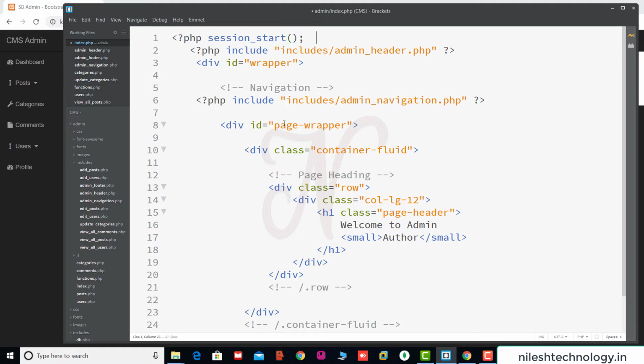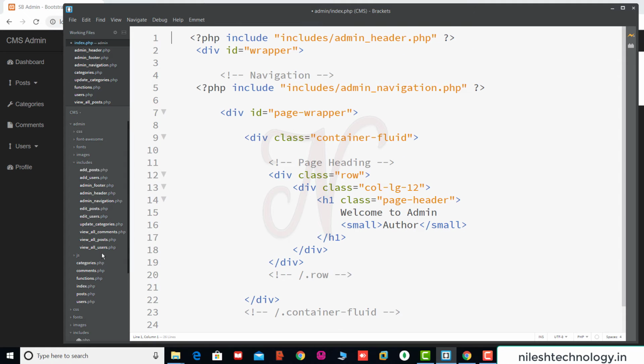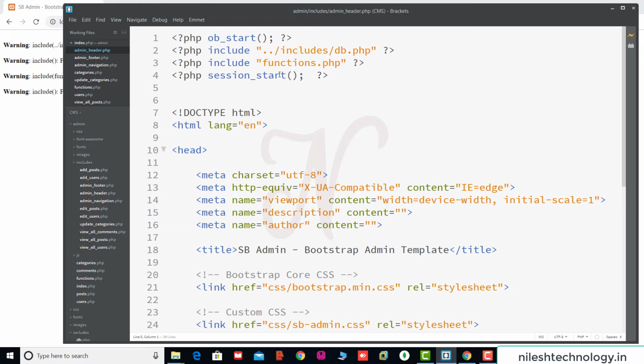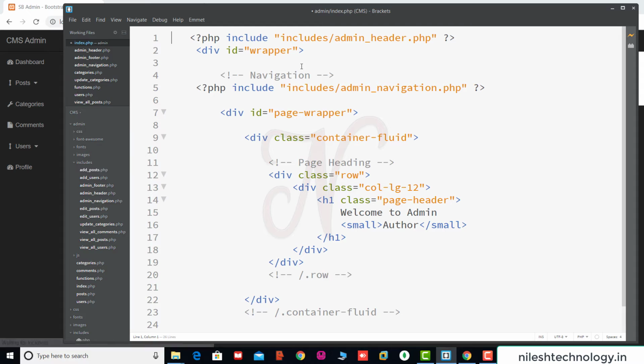Okay, so we start the session in the admin header file. So we move this code into the admin header file here. Here we start the session. Okay, save these changes. Again we are in the index.php file.